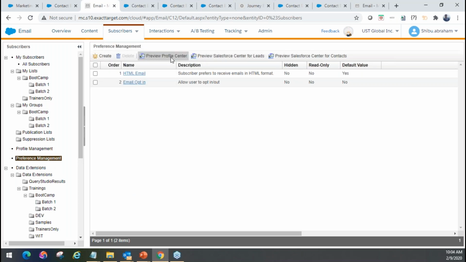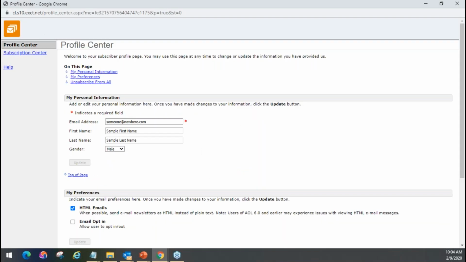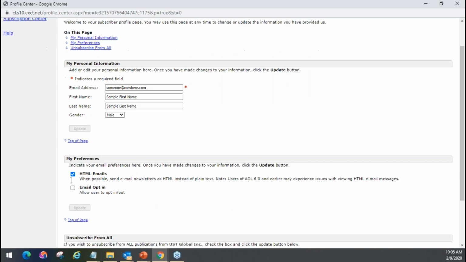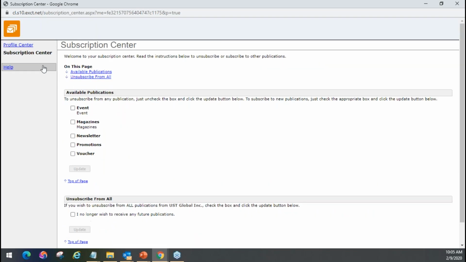If I go to the profile center, let me show you the page. There you go. This is what the profile center page looks like. These are the different profiles that we saw, and the hidden field is no longer there. You see, this is the drop down. The others I can click, and you can even have read only. Let's say you want to show some information as read only, you can do that as well. I can change my preferences here,